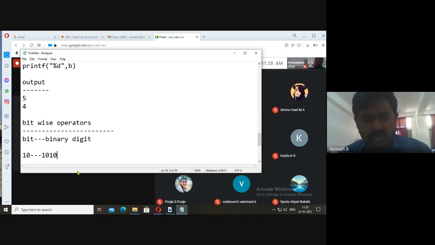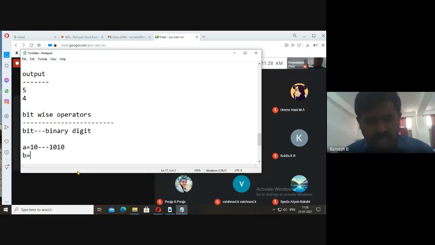So say for example, a value is 10. Similarly, I'll take one more value b. B is equal to, say, I'll take 11. So this becomes 1011.